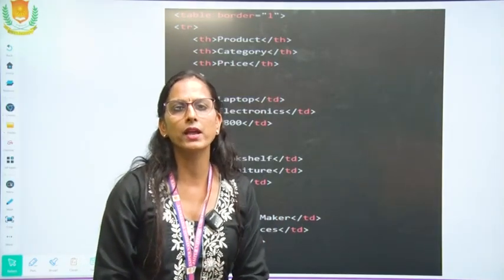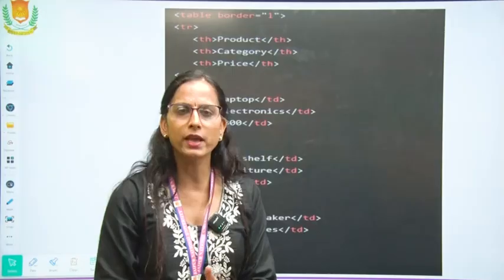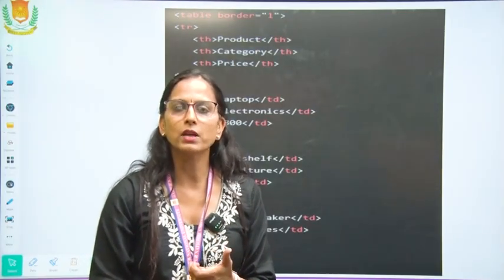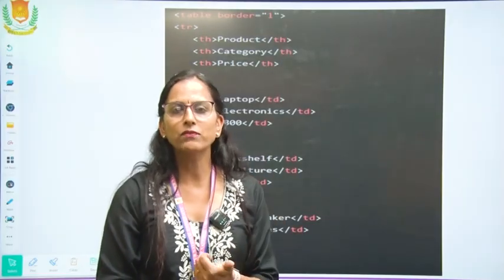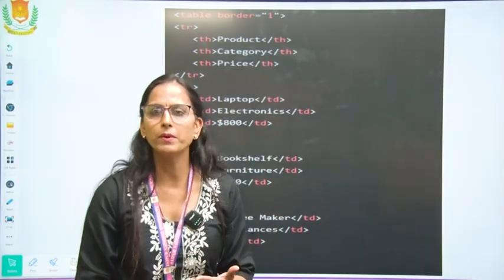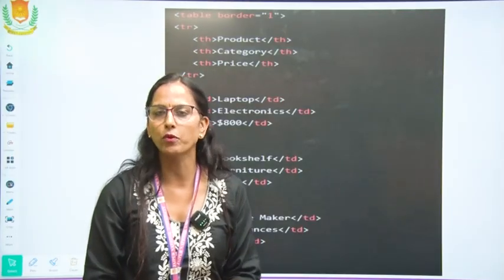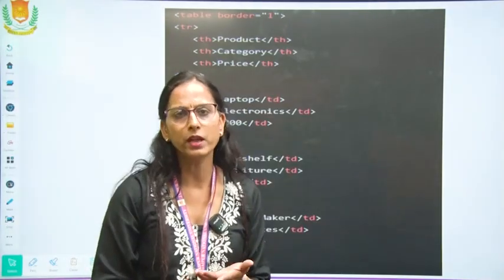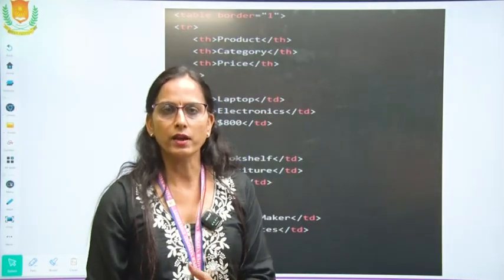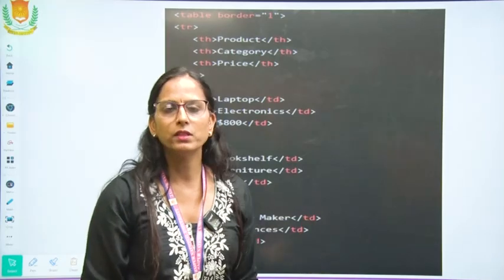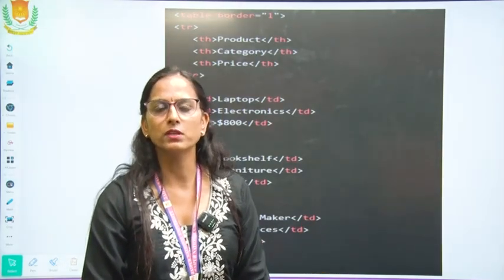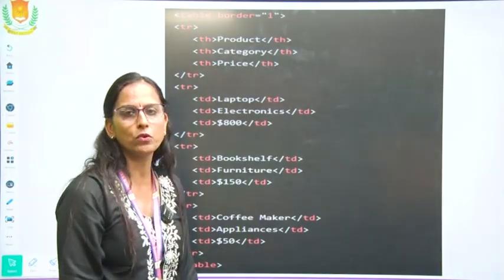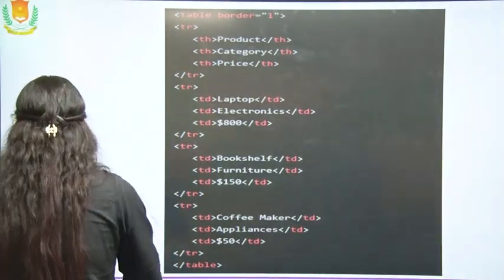Suppose we specify the background color for the TR tag. So only that particular row's color will be changed. And if you specify it in the CSS, then the entire table will have those properties and attributes applied. So it's up to you as per your requirement. You can specify the attributes and tags within the area wherever you want these things to be applicable. Now this is the example for table coding, how the actual table coding is done.